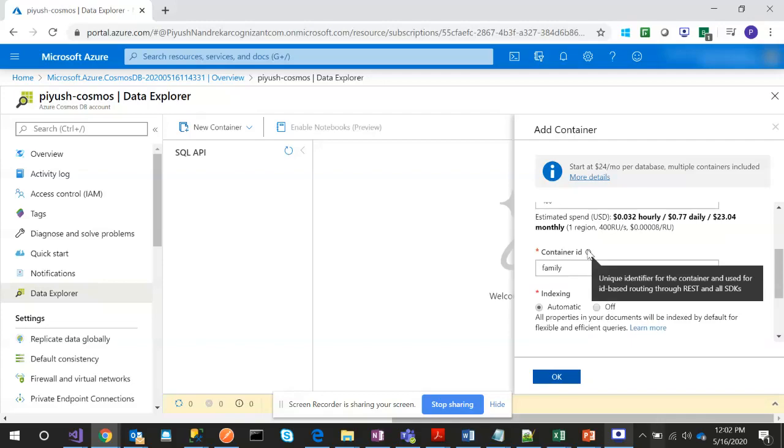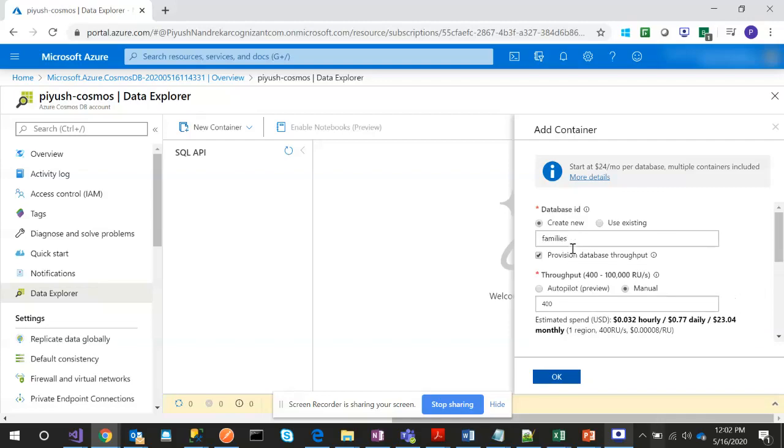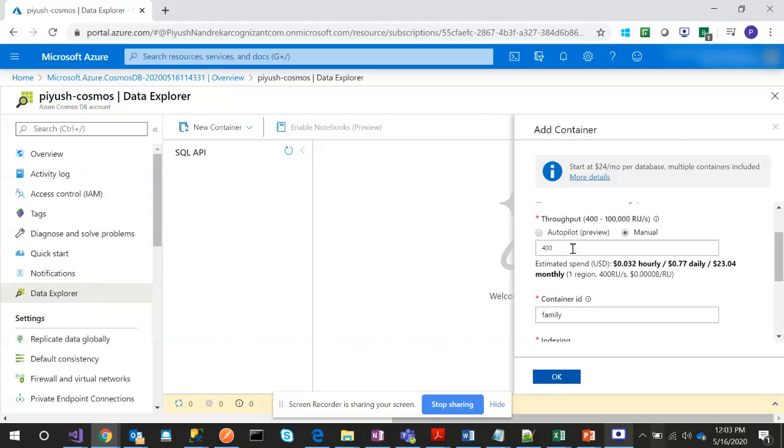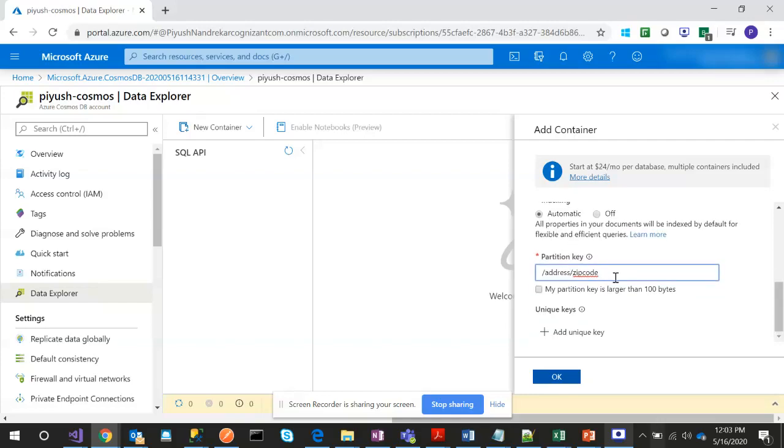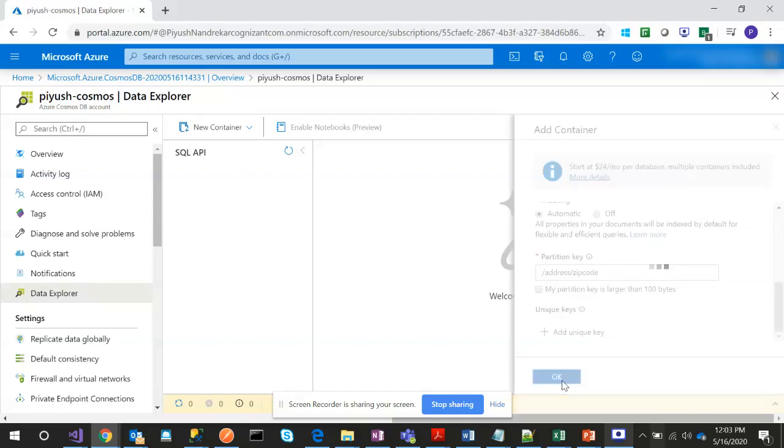The container ID is the unique identifier for the container, used for ID-based routing through REST and all SDKs. So I'm keeping it as family only. We have created a database called families, selected throughput as 400, and partition key as address slash zip code. Let's create that database in our Azure Cosmos account.